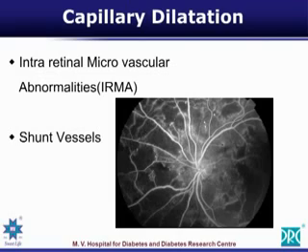Capillary dilatations. These capillaries also undergo irregular dilatations at various processes. They are an aberrant or a failed effort to give blood to the hypoxic areas that exist in these capillary non-perfusing areas. These are the areas of capillary non-perfusion, and these are the dilated capillaries that are seen here. And normal sized capillaries are not visualized individually. It is only these abnormally dilated capillaries that are seen on these fluorescein angiographic pictures.